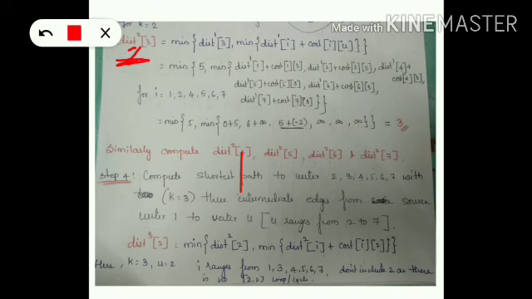So again, I make use of the same recurrence relation, but here k's value is equal to 2 and u's value at present is equal to 3. So I apply the same recurrence relation here. So I will get dist of 1 of 3 from the matrix to be 5. Then I try to find a minimum of dist of 1 of i, where i is 1, plus cost of i comma u.